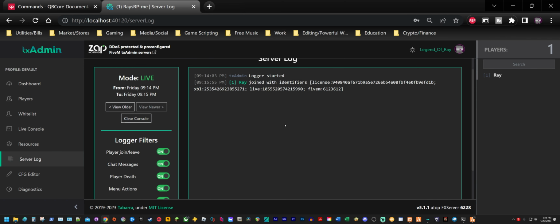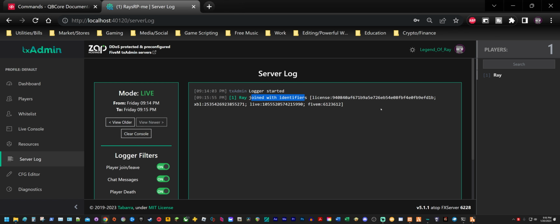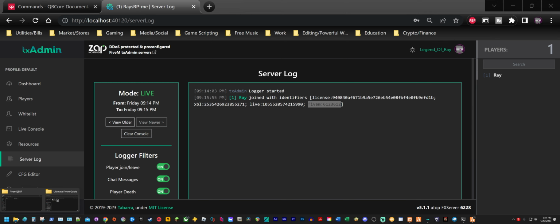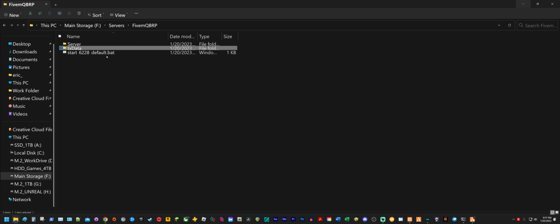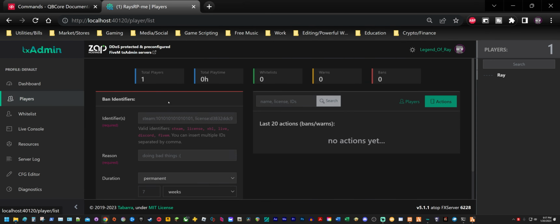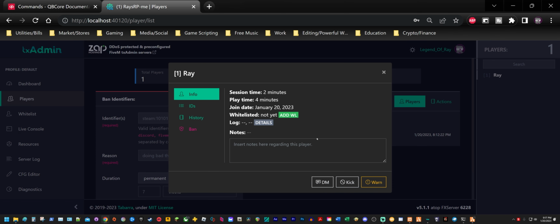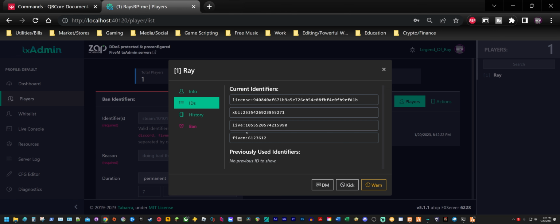And you can look at your server log and it tells you exactly who joined, and it will tell you the player's identifier. This is the license identifier, and this is one of the main ones you want to pay attention to. If you want to add another player to the admin list, you're going to copy this identifier right here. So let's say I wanted to add another player to the admin list. Another way you can get their identifier is from the actual player list itself. You click on players, click on the player's name, and then click IDs. And then you copy the FiveM identifier